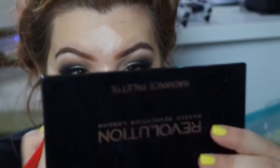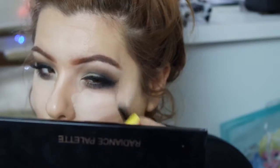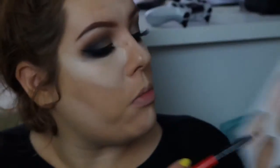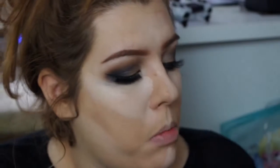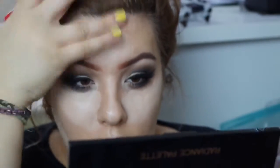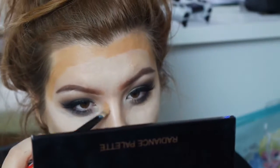I'm just putting it in all the places that I would normally highlight anyway. Actually no, it is, but it's not picking up much product, if that makes sense. And then I'm going to use the second from darkest shade, which is here. That's my brush. If you can hear like moving, it's because I'm on a beanbag. And then I'm just gonna put this on my forehead, down the side of my nose,